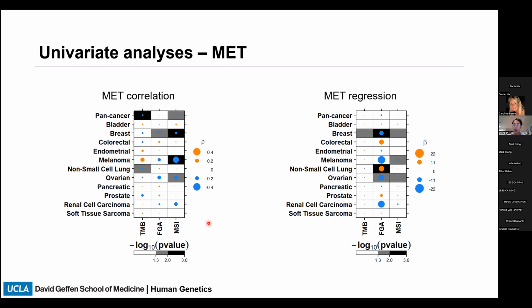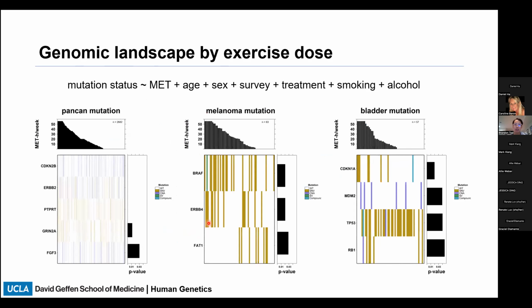And long story short, I've done a bunch of other univariate analyses, but I won't bore you with the rest of it. So let's just hop on ahead to looking at genomic landscapes. So given those univariate analyses and our background knowledge, we fit this logistic regression model, mutation status as a function